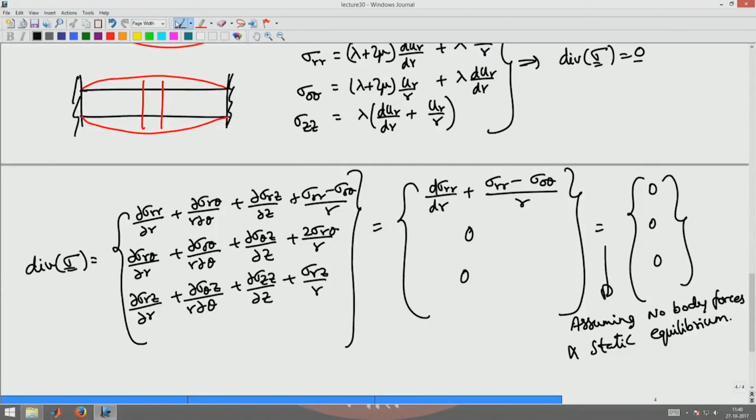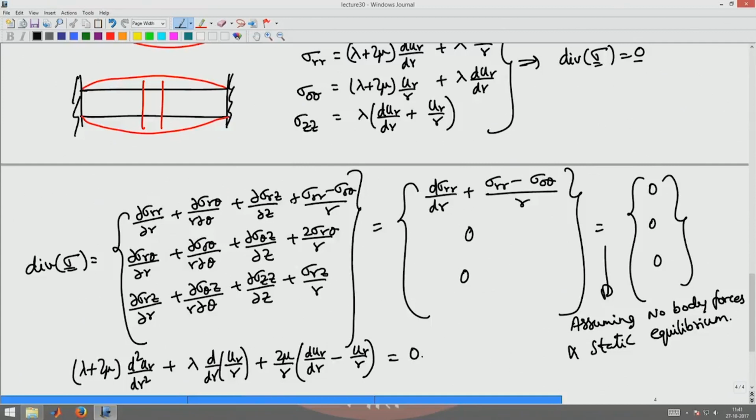If I substitute sigma r r and sigma theta theta there, I will get lambda plus 2 mu d square u r by dr square plus lambda d by dr of u r by r plus 2 mu by r times du r by dr minus u r by r